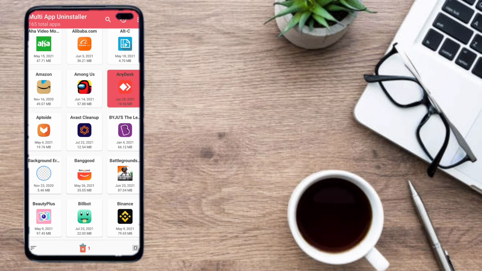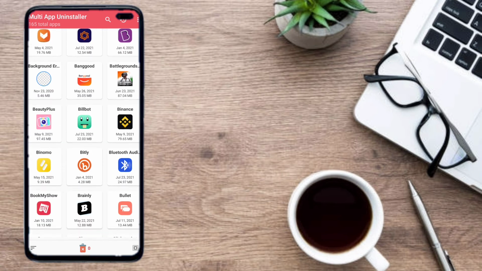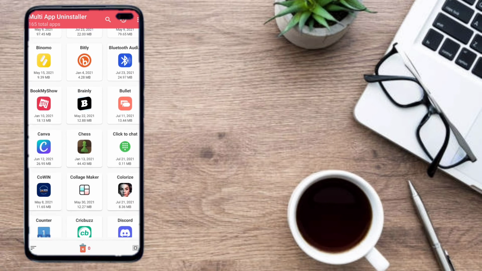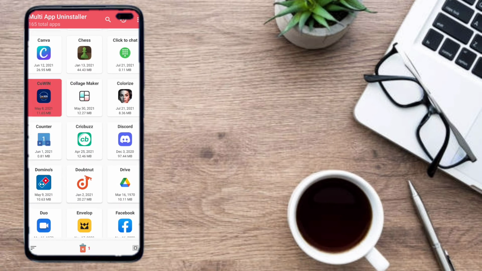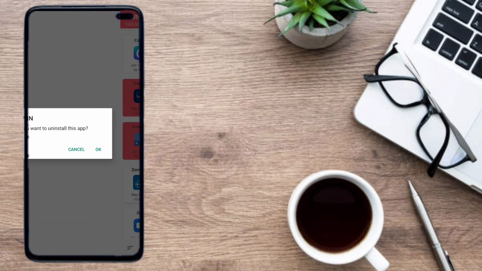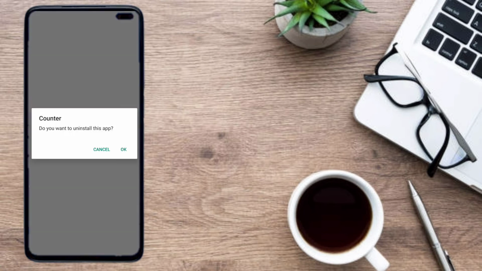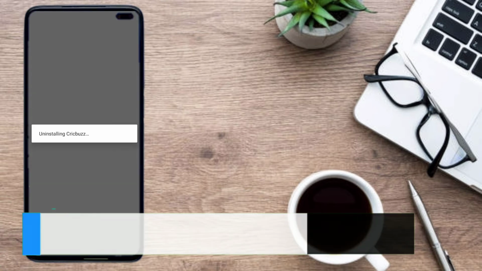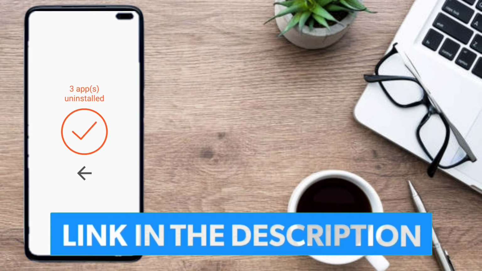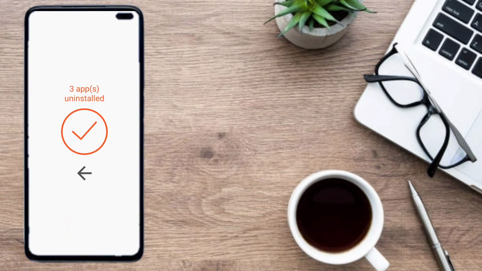So you can just click them and click on uninstall. I'm gonna select a little bit. I'm gonna select this app. Sorry, not this. I'm gonna select this application and this application and this application. I'm gonna press uninstall. Then easily it uninstalls very quickly. Just 1, 2, 3. In 3 taps, those applications have been uninstalled. So hope you like this app. Let's go into the next one.